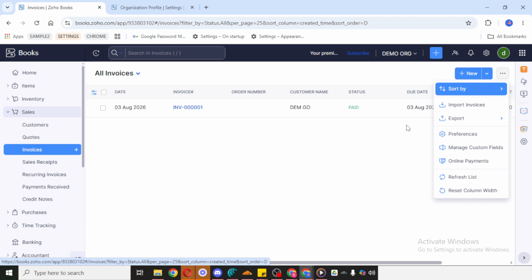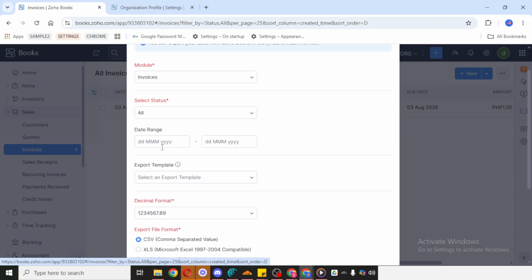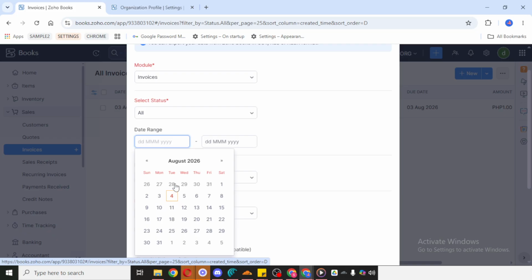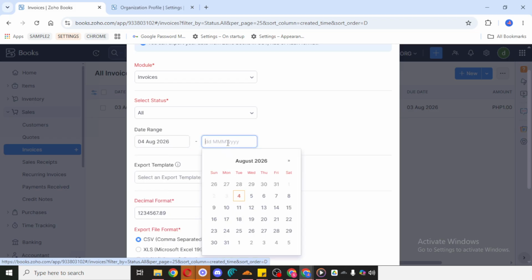At this stage, you'll be asked to enter the necessary details for the export. These settings may include things like the date range, the format of the file, or other invoice-related filters, depending on what Zoho Books shows in your account. Take a moment here and choose the options carefully. For example, if you only need invoices from a specific period, make sure that range is selected before moving on. Being precise at this step helps ensure your exported file is clean, relevant, and ready to use.